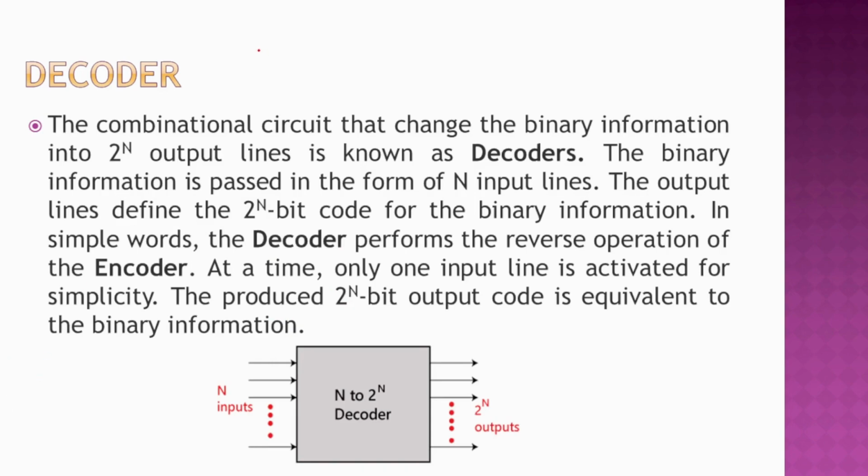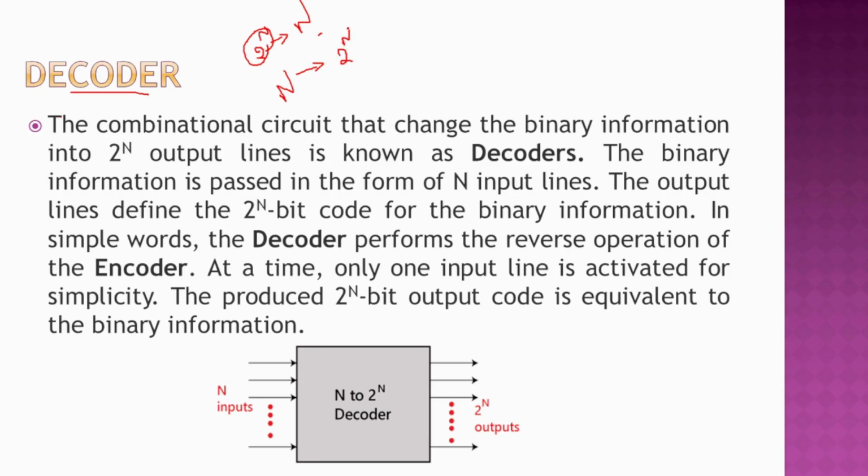Encoder has 2 power n number of inputs and it will provide n number of outputs. But in decoder, the operation is reverse. That is, for n number of inputs, it is going to provide 2 to the power of n